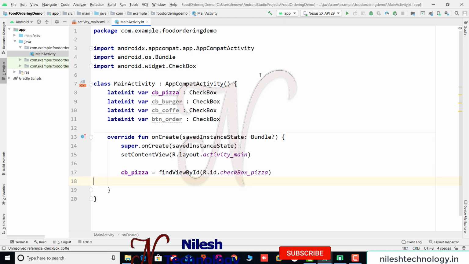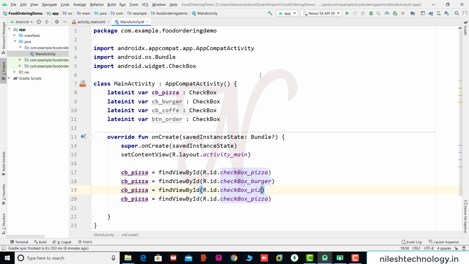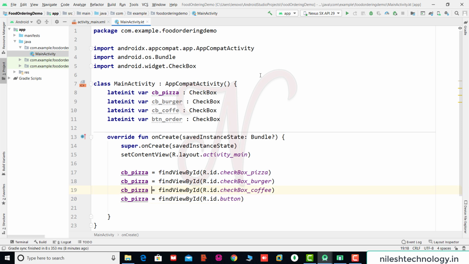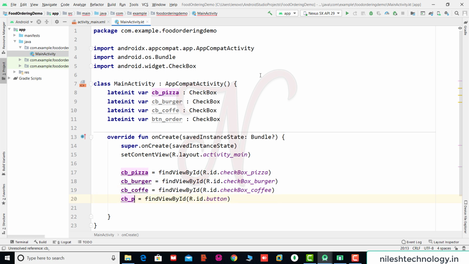Same here, copy paste this 4 times. The second component is, for example, burger. The third one is coffee, and this is the button, R.id.button. So this is checkbox burger, then this checkbox coffee, and this is the button order.